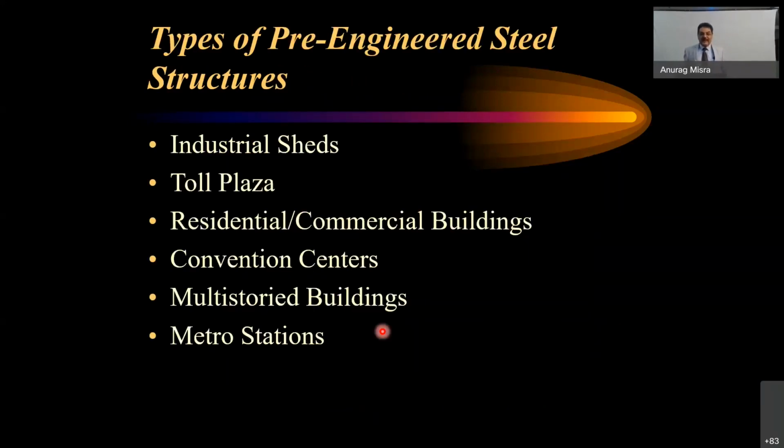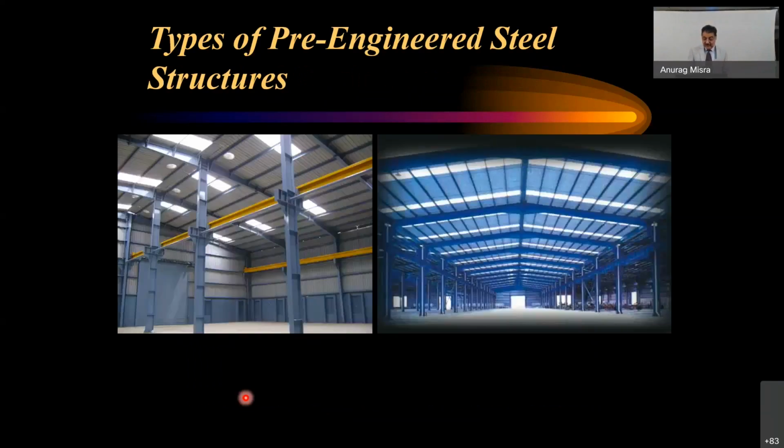So what are the other types of pre-engineered structures we are using these days? These are some of the types of pre-engineered structure. You can see some industrial sheds, a very common one, where all the components, whether these are columns, beams, all of them,